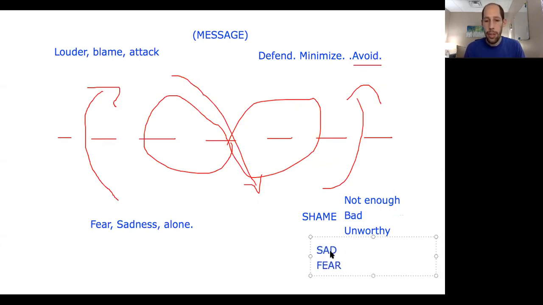And so what I had him do was put these together. When I feel all of these emotions, I avoid. So I said, okay, can you please turn and share this with her right now? When you see her hurt because of what you've done, help her understand what's underneath the surface and how that relates to what's above the surface. And so he turns to her and says, the reason why I avoid talking about this subject is because I feel so bad about myself. This is so painful for me, to know that you're hurting and that I caused it. I don't know how to deal with that, so I avoid it. It's not that I don't care about you.